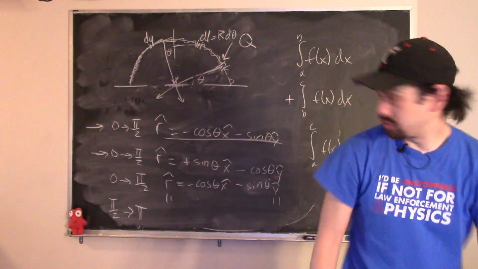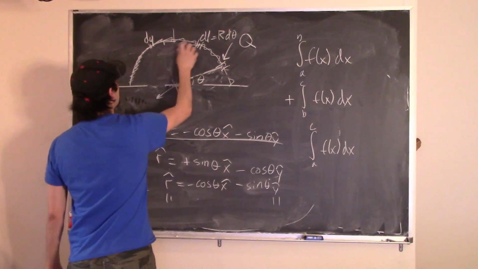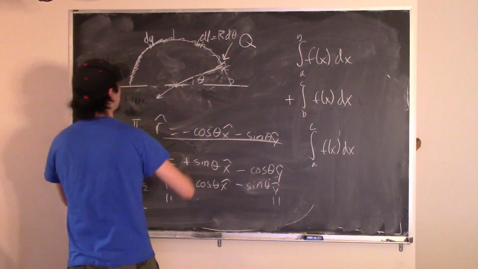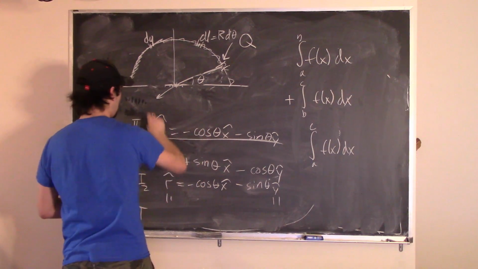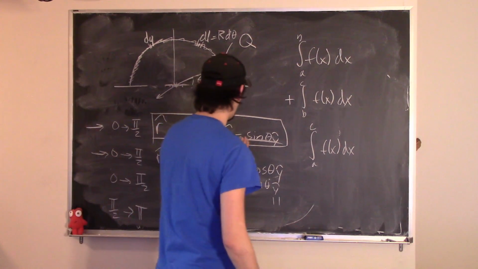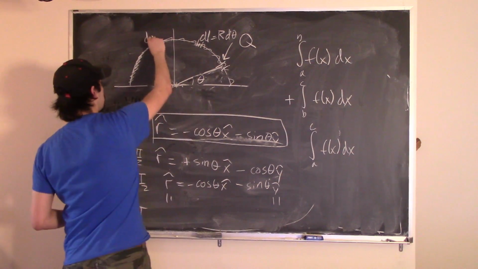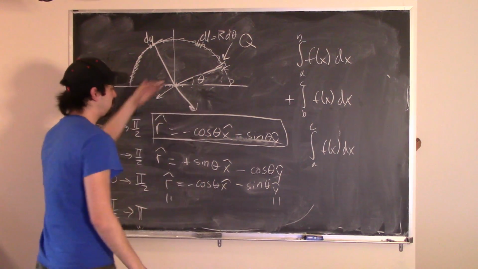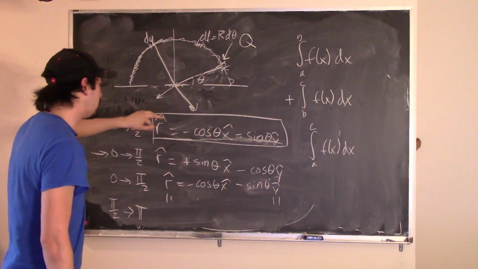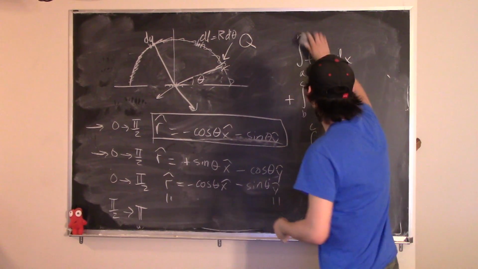What you're realizing here is, with the way that I drew this to start with, when I write r hat is equal to minus cosine of theta x hat minus sine of theta y hat, this r hat is going to change so that it points in the positive x when theta is greater than pi over 2. But we can see that this function actually does what we want